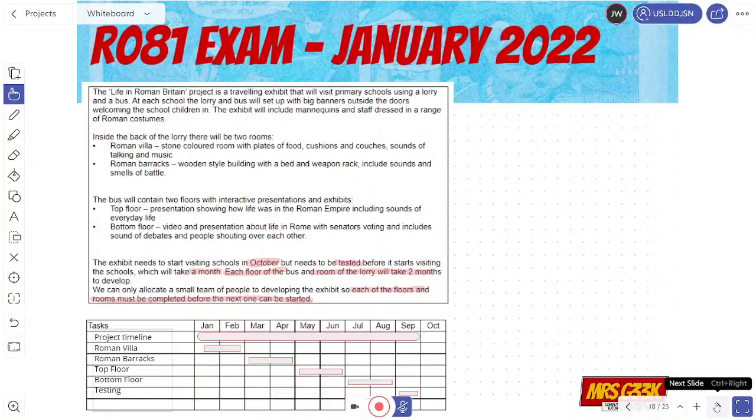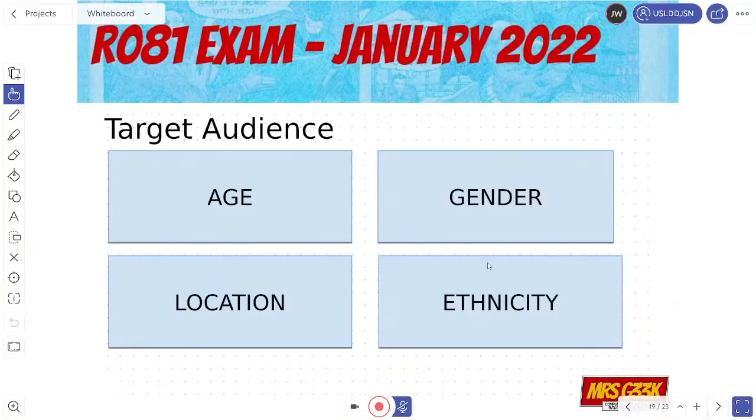Okay, so we're coming towards the end now. I know it's been a long, how long are we into it? Almost an hour in already. My goodness. Now, target audience. I was quite surprised that my lot chose this one as one of the ones I needed help with, because it's one that we've done quite a lot.